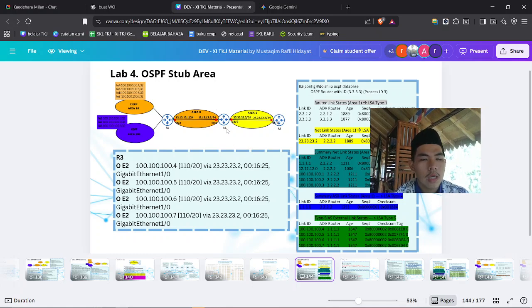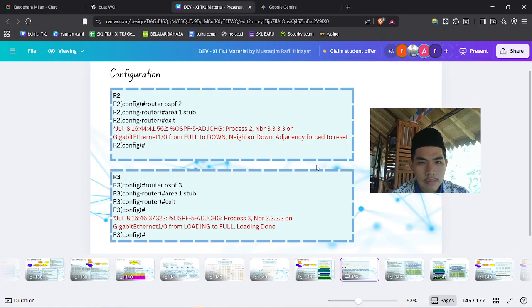You put it on the router nearest to the client. Like if this is the client router, you put the stub area over here. The stub area is like a summary of the networks in the routing table, or it makes the routing tables easier to work with.